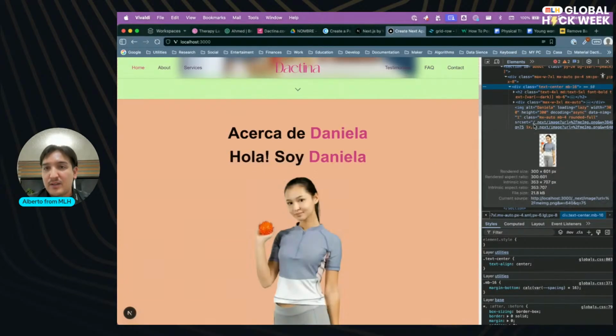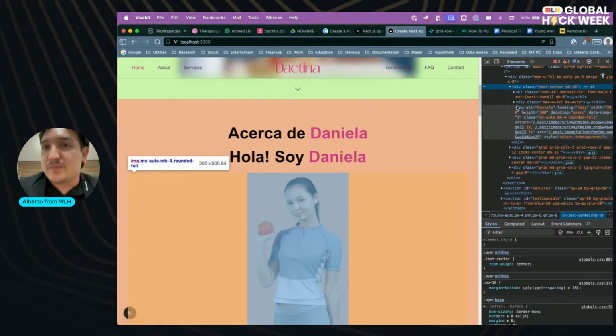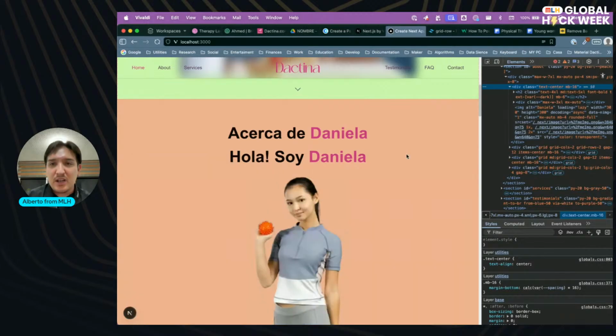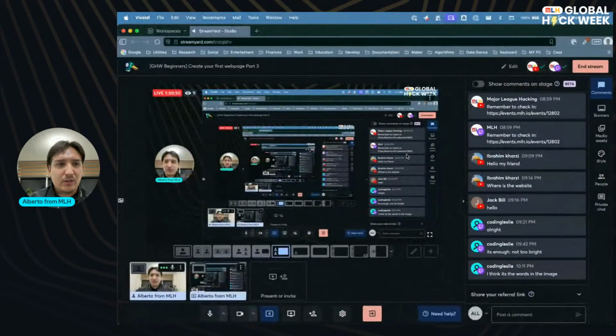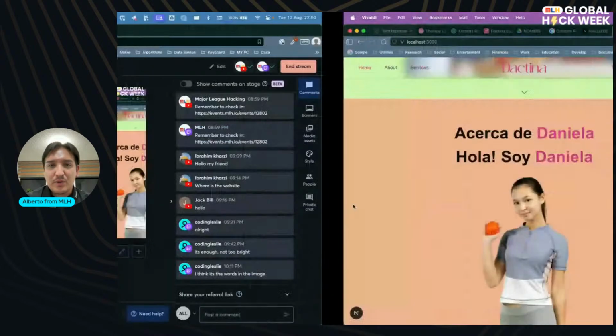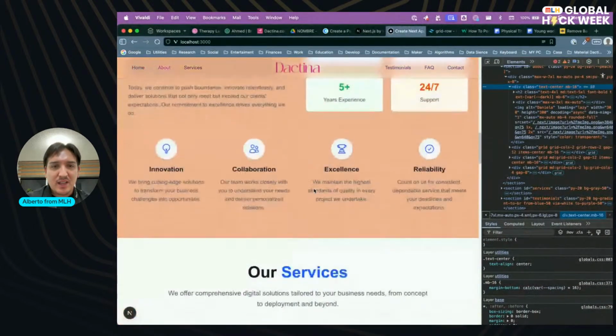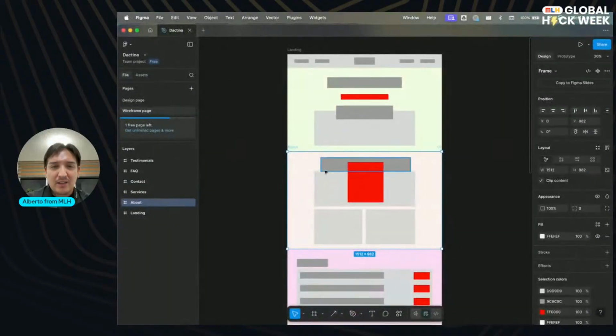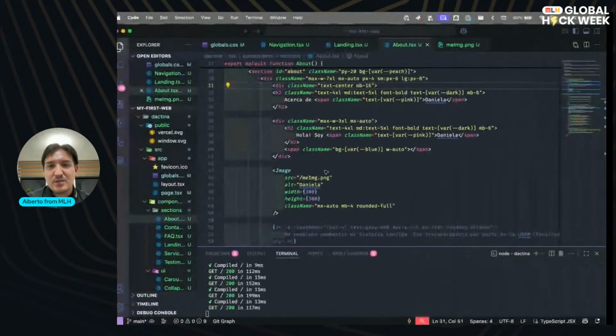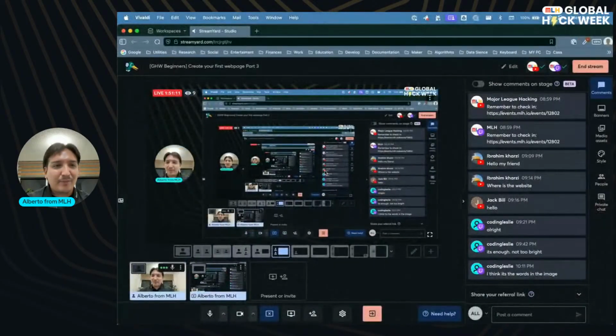Also, I'm taking a look at the time, and we're close to getting to the end. So be prepared, tomorrow we have our last session in which we are going to finish this as planned, and then just making the deployment, right?